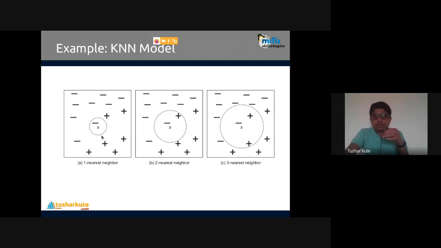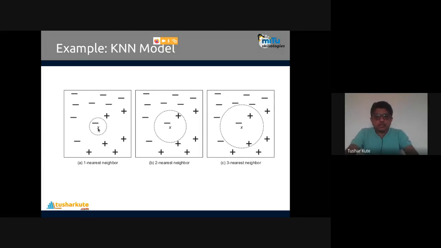The model uses Euclidean distance methods, and with the help of that, the nearest elements are checked by the model. For example, using this circle, how many nearest elements are there? One nearest element I am identifying is minus. If the circle is bigger, two nearest elements are there, plus and minus. Two classes are present. I want to predict the class of this particular x. If x is present, what is the class of x, whether it is plus or minus?